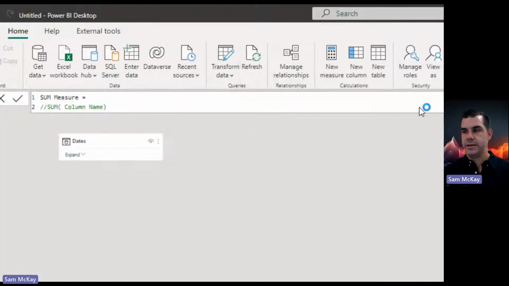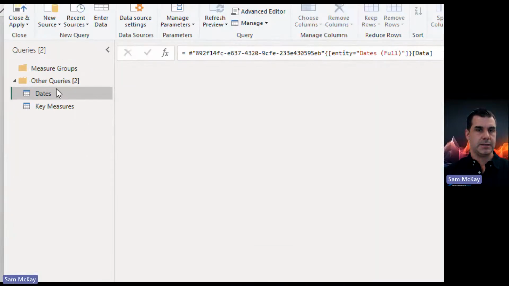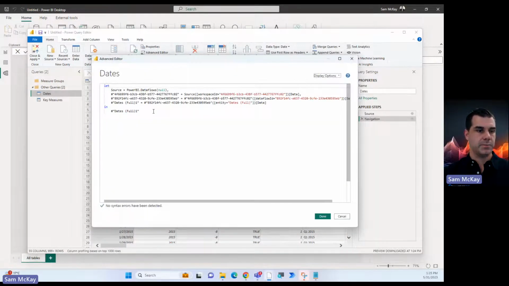Also, if we jump to the query editor here, you'll see that my dates table is connected to a dataflow, which I'm a big sponsor of. Even though this might be changing, by the way, with a whole range of new ways that data is going to be stored in this OneLake data hub, according to some of the announcements. In any case, dataflows are a way to directly connect to a cloud-based data source and have that do all the transformations for you, push the transformations centrally into the Power BI online service, and then we can call upon these refined datasets. So I'm a massive sponsor of these.